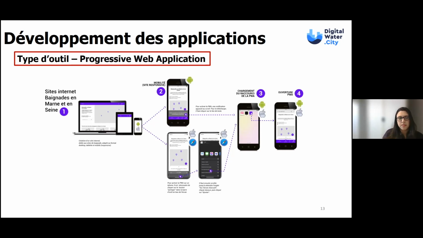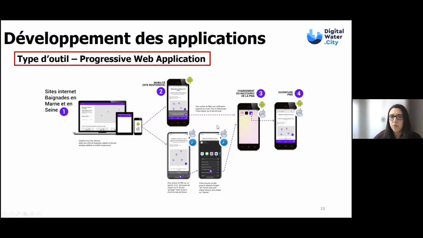So the service provider proposed an alternative solution, which is called a progressive web application. You develop a website with a computer and mobile phone format. Be it Android or Apple, it is possible to download a link that will appear as a little icon on your phone, but it's not an app, so it does not take up space on your phone.